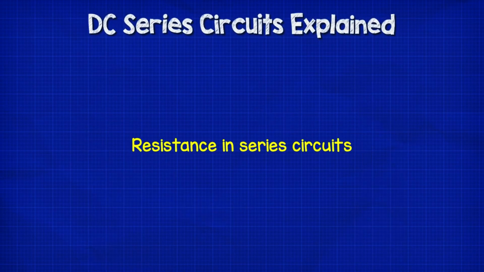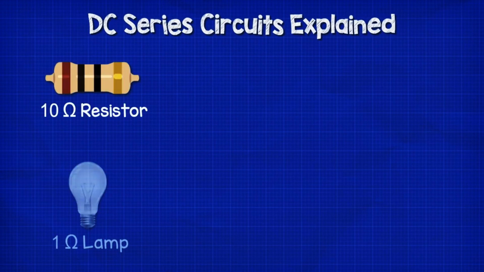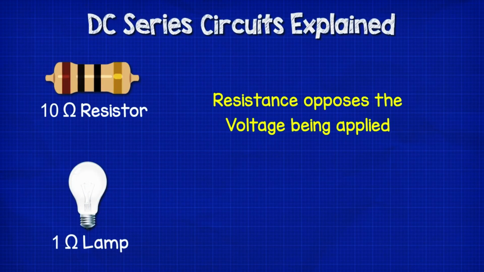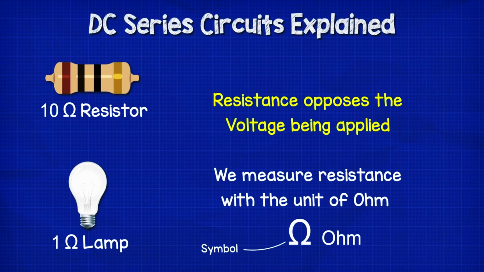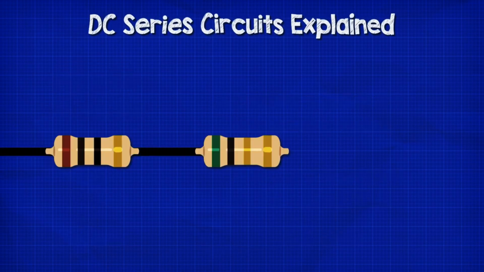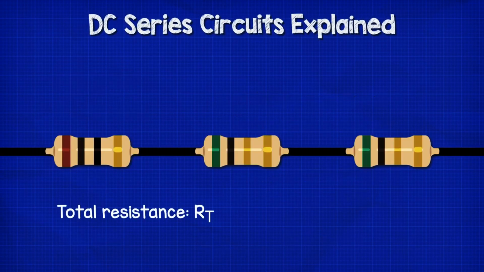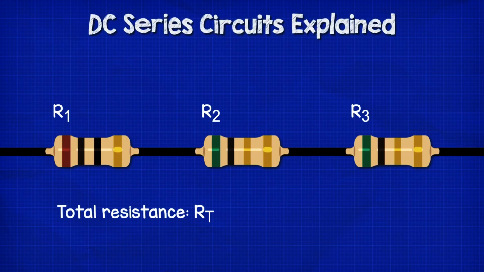Resistance in series circuits. Each component will have a certain resistance. The resistance opposes the voltage being applied. We measure resistance in a unit of ohms. In series circuits, we find the total resistance for the circuit by simply adding together all the resistances. We label each resistor with a capital R and number them R1, R2, R3, etc. The total resistance is shown with a capital letter R and a subscript T, which represents the resistance total or